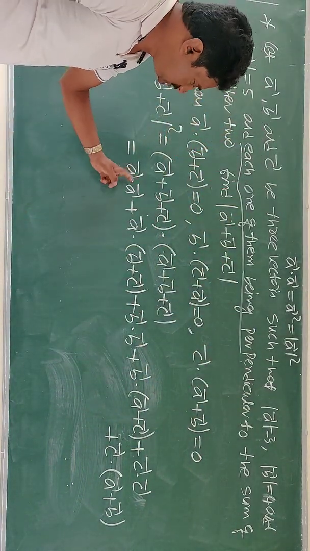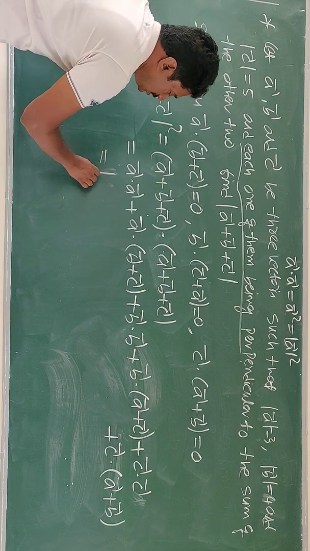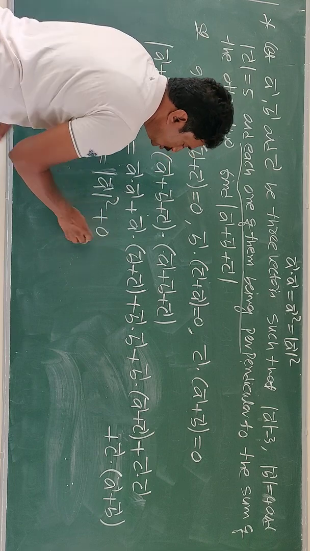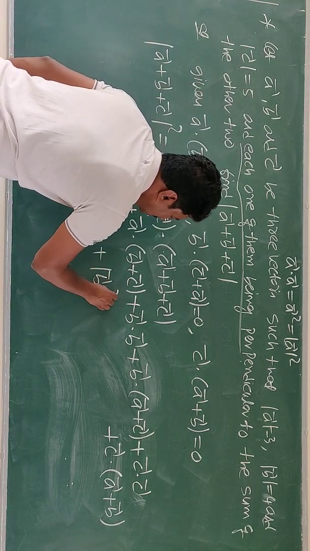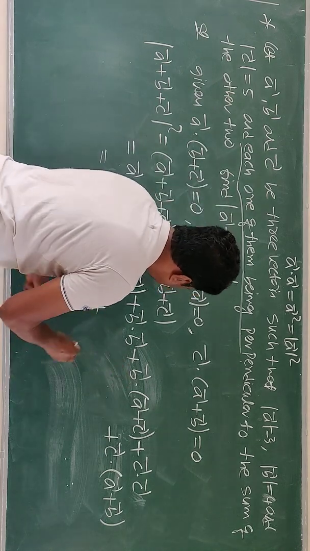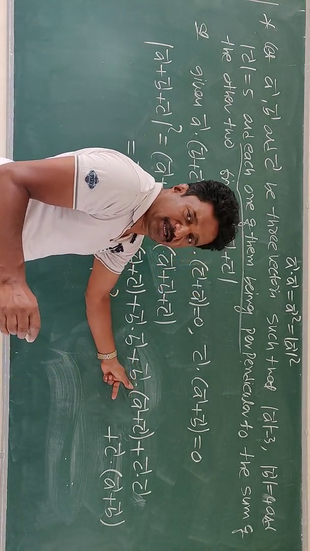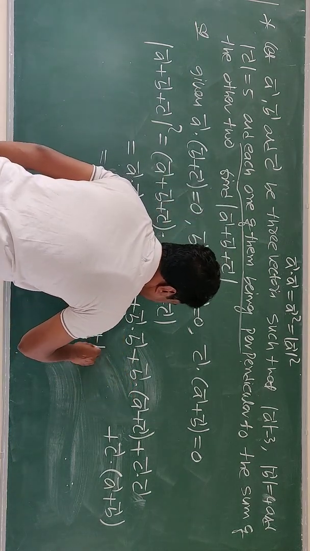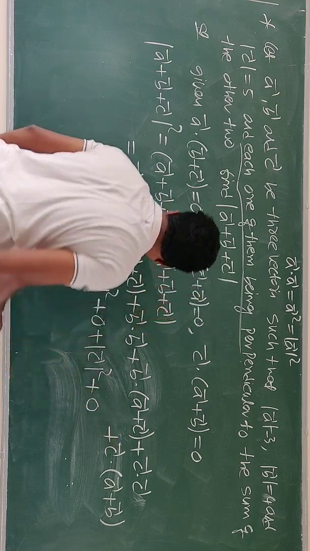Same thing, right? What is A dot A? A square. A square means magnitude of vector A whole square. This is 0. Plus B dot B means length of the vector B square. This is 0. 0 or 0 vector? 0, because dot product means scalar quantity. C dot C, length of C whole square plus this is 0, right?